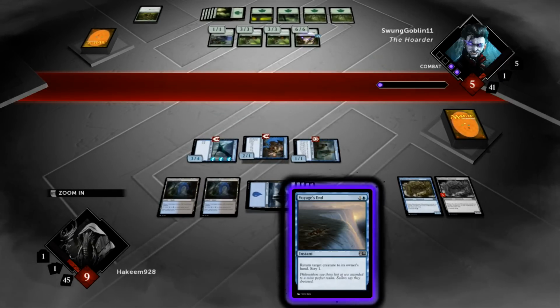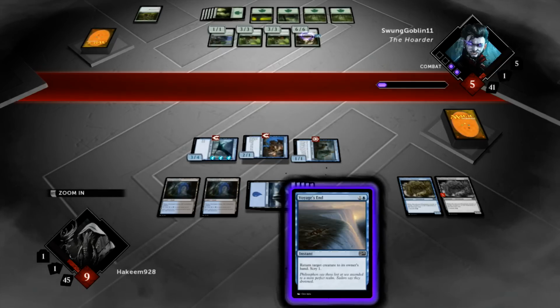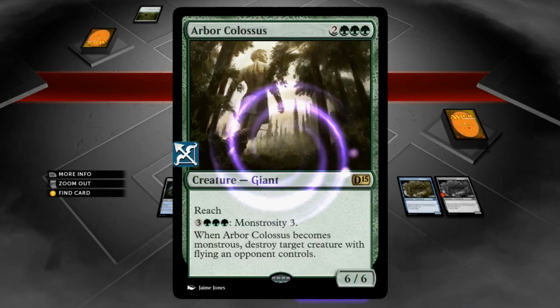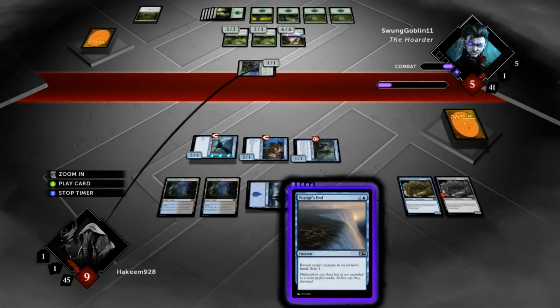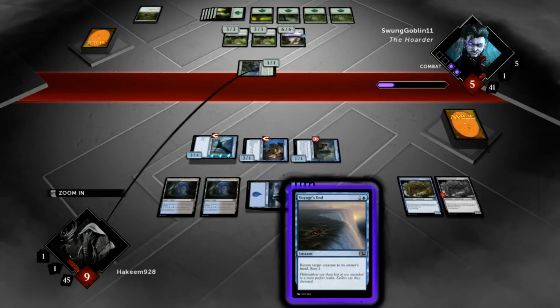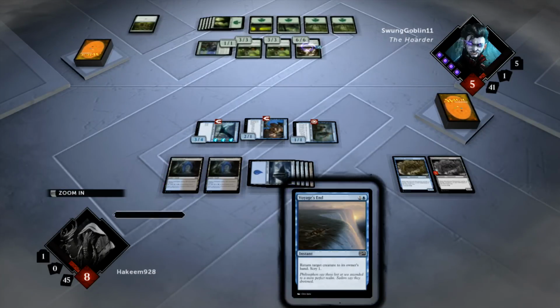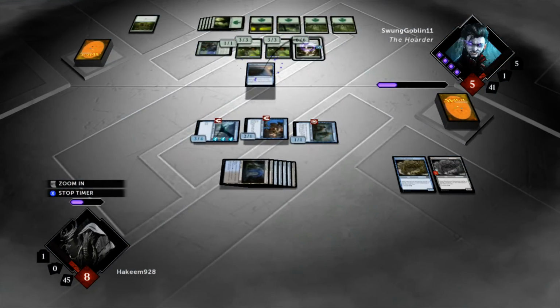I mean, if he has some pump, he could probably kill me here now. But I've got the bounce spell to protect against that. He can't monstrosity his Arbor Colossus, which takes 6 mana to do, and kill one of my flyers. So he's only bringing the 1, which I'm not sure why he's doing that. I guess he wants to save blockers for the Breakwater Elemental, but I'm just going to Voyage's End his big guy here,